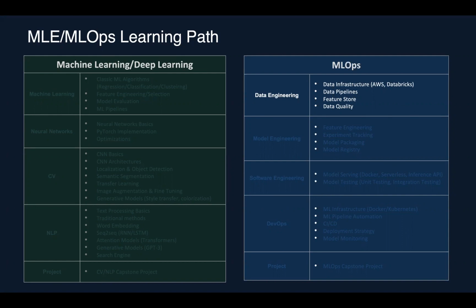You need to understand how to build data pipelines, because don't expect the data to be clean and prepared for you. As an ML engineer, a lot of times you have to write scripts to pre-process the data and build some sort of data pipeline as well. And then feature store, right? Ideally, these are done by the ML engineers who actually work on a production site, but this is a data engineering skill that I think ML engineers need to have. And also data quality control, working with packages such as Great Expectations,